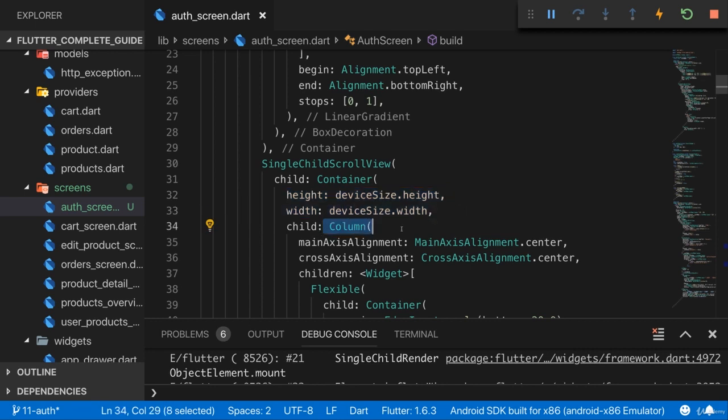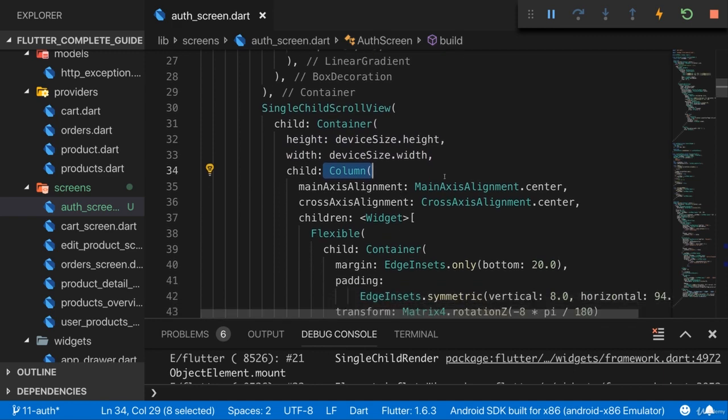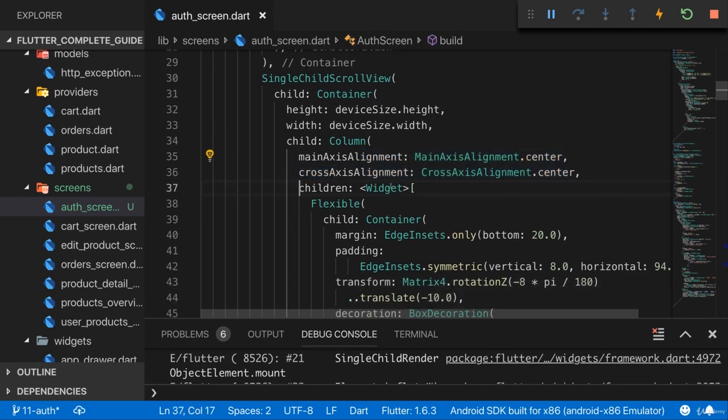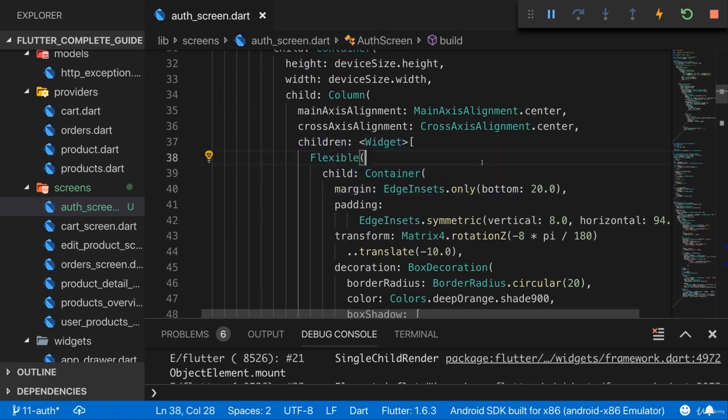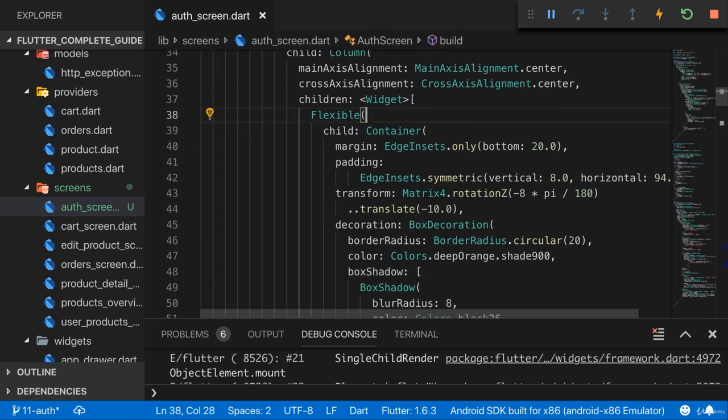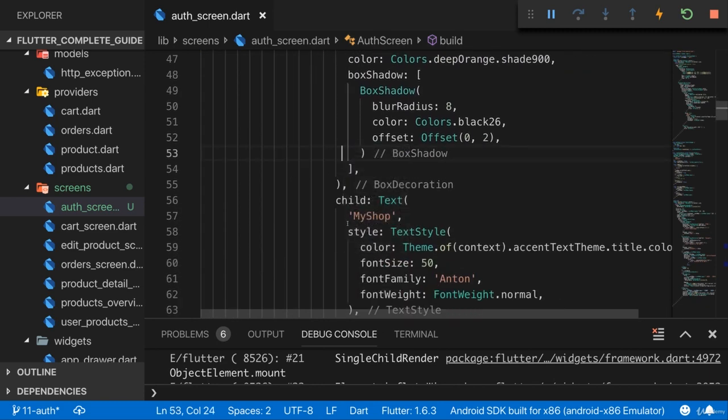And in there, a column. That column here has centered content, as you can tell, to center the authentication form in the middle, as you will soon see. And then there, in my children, I have a flexible wrapper around a container, which basically displays a little title. The title, my shop. You could use any title you want.